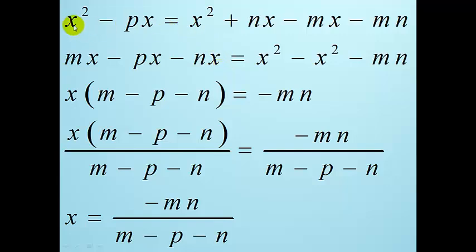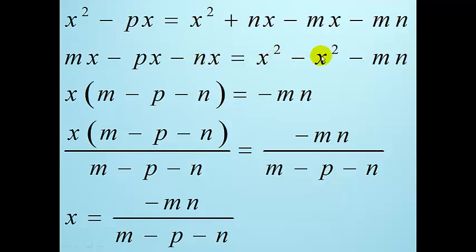Take note that on the left hand side you have x squared, and on the right hand side you also have x squared. That means that x squared on the right hand side becomes minus x squared on the left hand side. So x squared minus x squared will give us 0. Now minus mx on the right hand side becomes mx on the left hand side. Already we have minus px on the left hand side, so it's still the same. Plus nx on the right hand side becomes minus nx on the left hand side, and this is equal to,